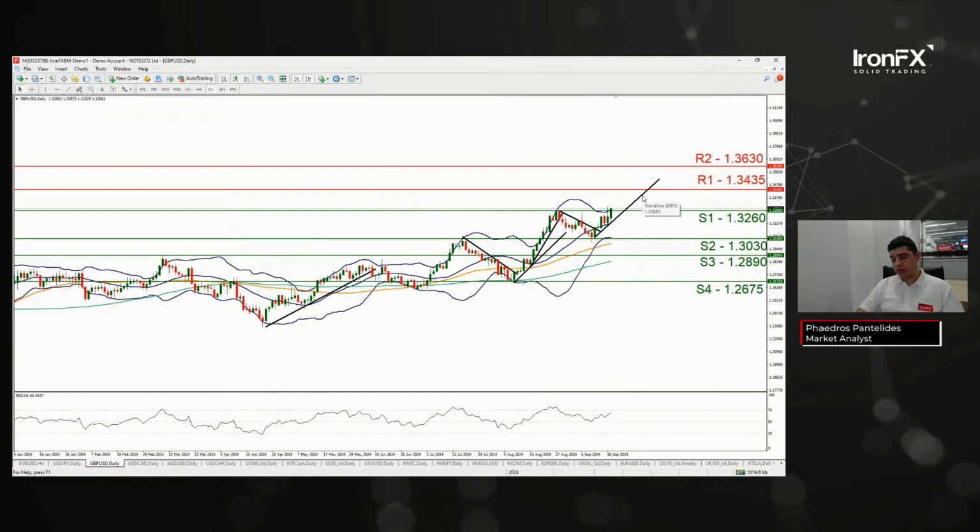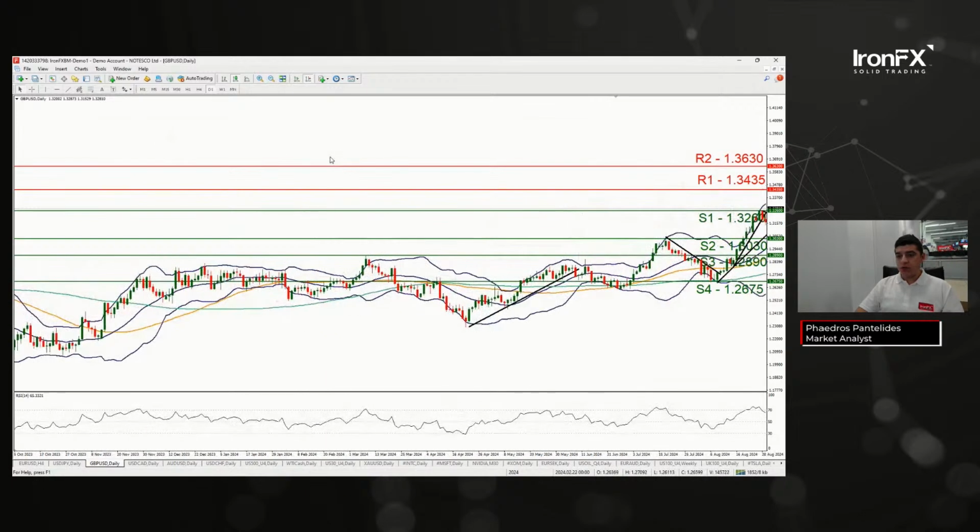So as we said, you need 2 points of contact for an upward swing trend line to be established, and the third for it to be validated. So this is an upward swing trend line. We would like to see another third touch for it to be valid, but it has been formed. So it does appear to be moving in an upwards fashion. Now we do need to find our R3.